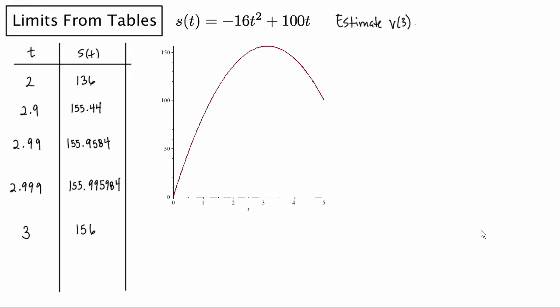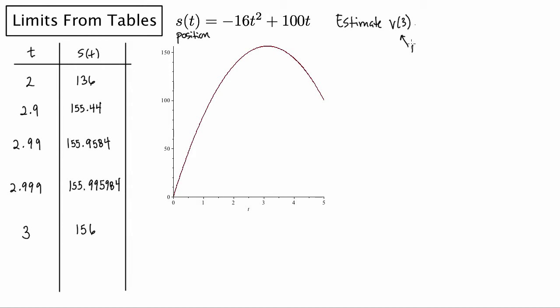Welcome to another podcast. In this episode, we're going to be taking a look at how to calculate limits, especially average velocities and instantaneous velocities from values in a table. What I have here is we are given a position function. So remember, S of t stands for the position as a function of time. So the position function here, and what I want to do is estimate the velocity at time